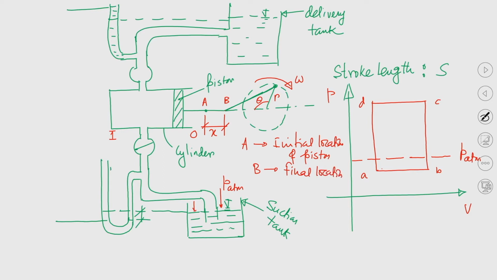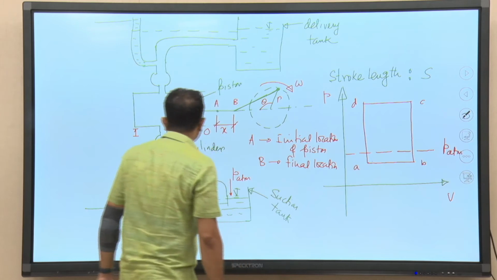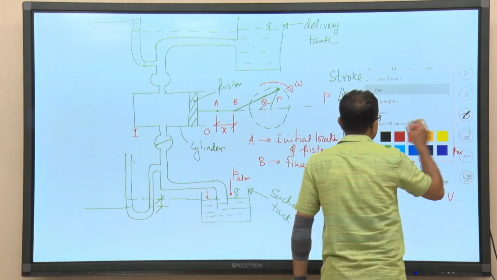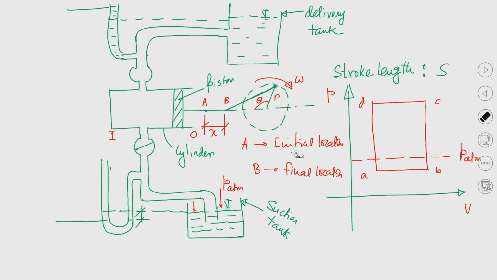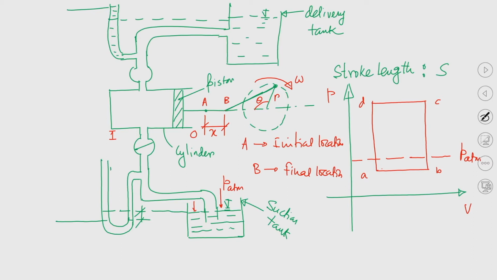So, as if when the piston is at suction, at the inner end of the cylinder, and that time. So, I am not writing the initial location, rather I will write the initial location of the piston rod, the connecting rod. So, I may remove it. So, initial position. Okay.